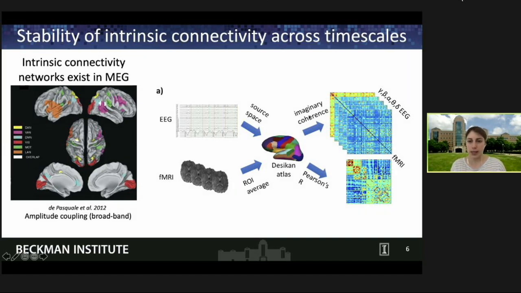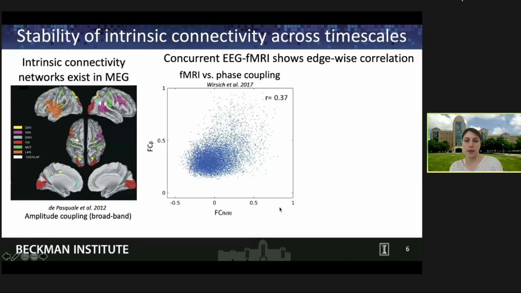So this is just an example. You can use coherence or imaginary coherence. And then you will get one connectivity matrix per frequency band. So here, this is very similar to the outline that I showed before to the processing pipeline, except that I'm now emphasizing that you can do it for concurrent data in the same spatial space so that you can directly compare this data. And this is one of the studies that did so,